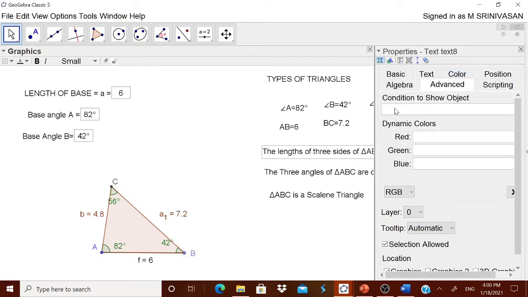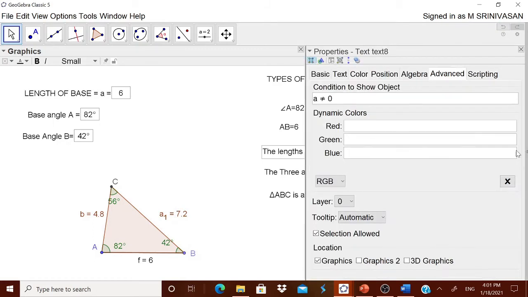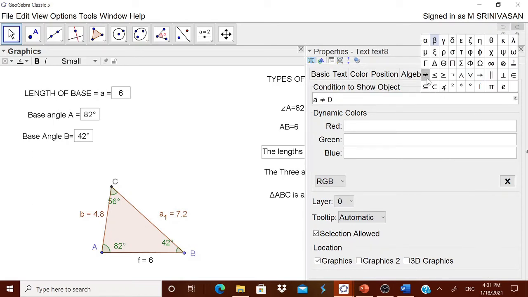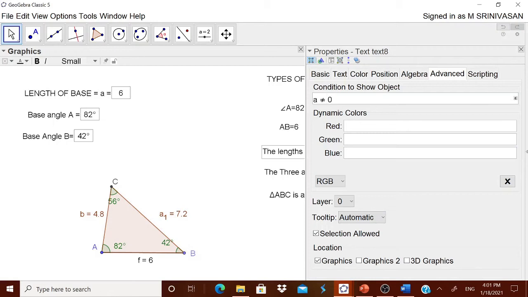Here you see the condition to show the object. We want the condition to be that they are not equal. A not equal to, and the not-equal sign you can get from the alpha toolbar. You see, not equal automatically comes over here.